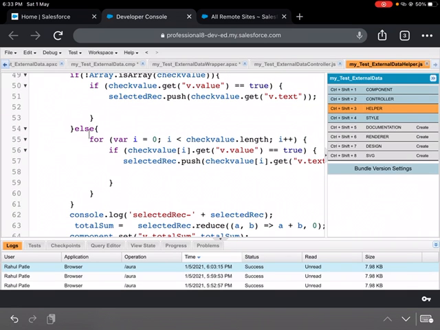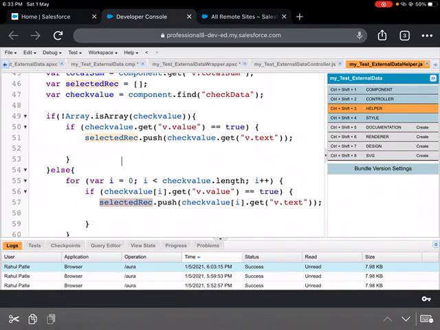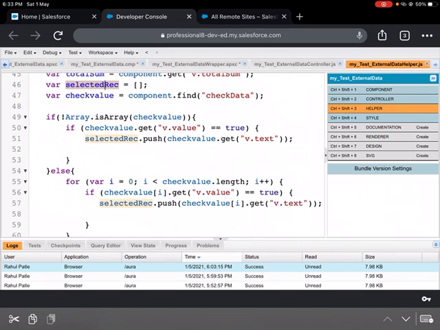In this else part, for every unchecked record, I go through each individual record and check the value. If the value is true, I again get the balance, which is put in the text tag, and push it into the array, which is initially defined as 0.